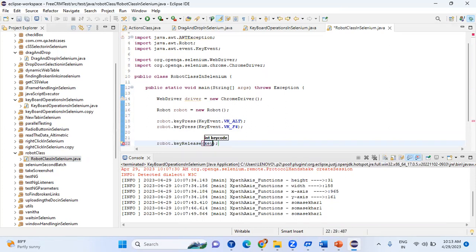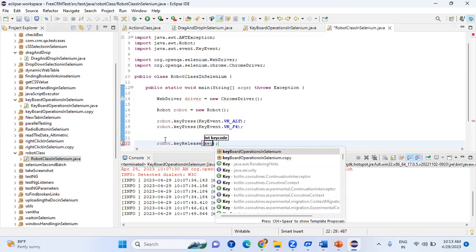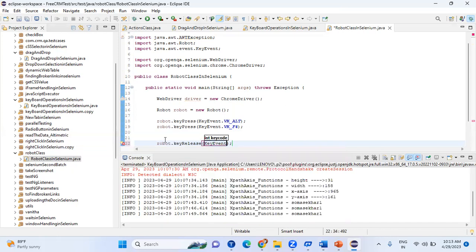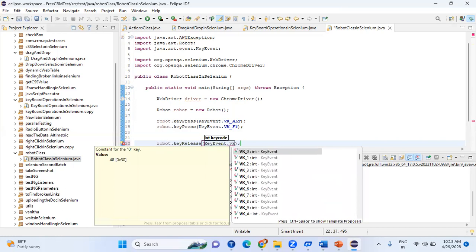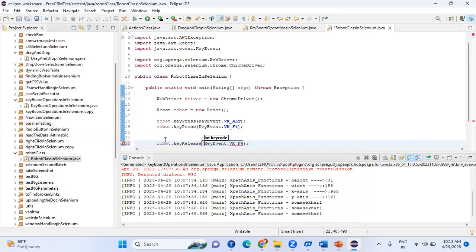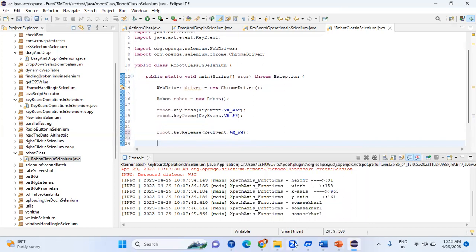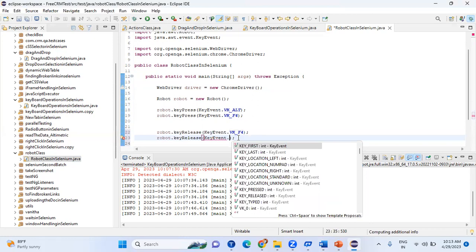And the same thing, KeyEvent dot VK_F4. I'm releasing F4 first, and still Zoom is happening. Okay, and VK